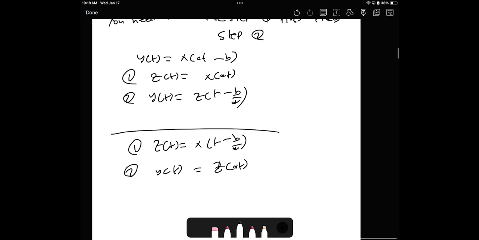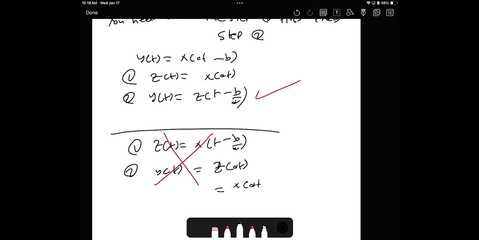So if you do the opposite, this is wrong. Well, the first one is wrong. So the order is important. Why? What's the point? Because if you do this, this is actually equal to x of at minus